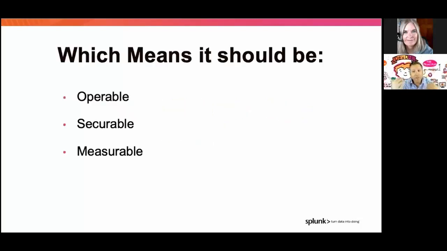So all the things that we do for our applications in production, we should be doing for our delivery chain itself, which means, is it operable? Is it securable? And do we have something measurable, metrics, KPIs that we can learn from